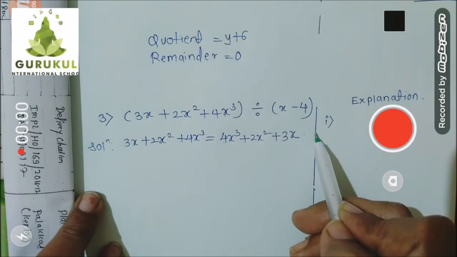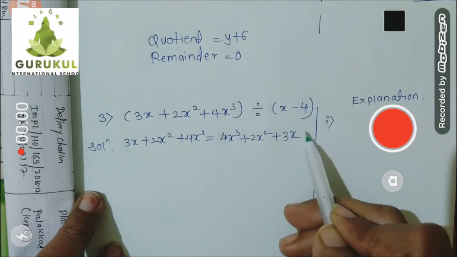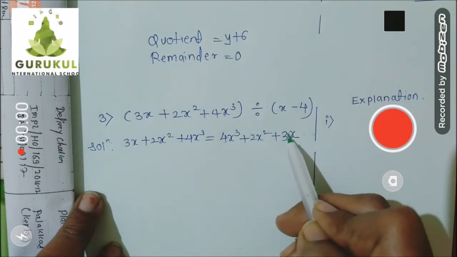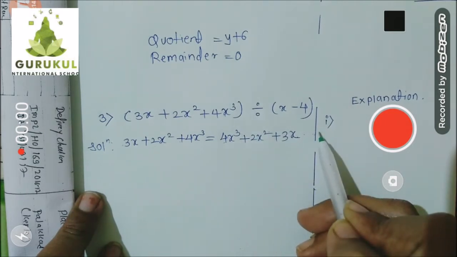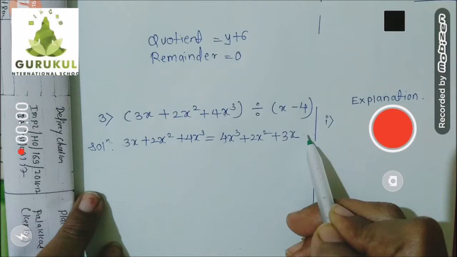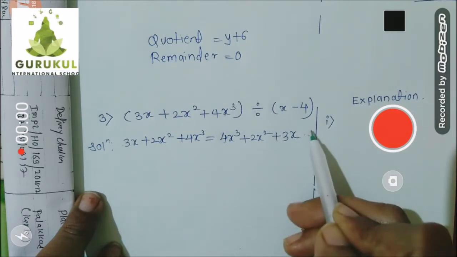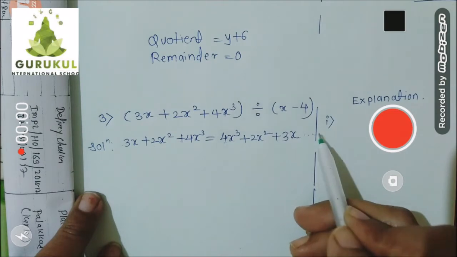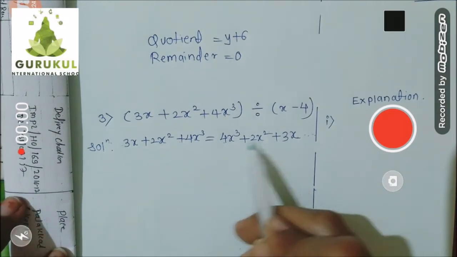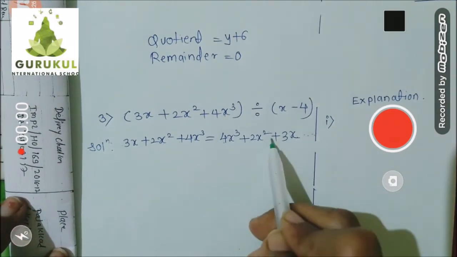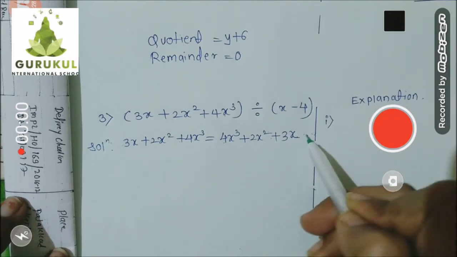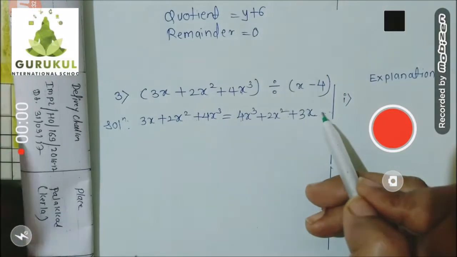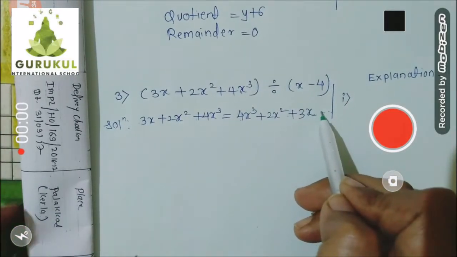Understood? But does anyone want to add the last constant number? Because your constant term is missing. x raised to 3, x raised to 2, x raised to 1, then x raised to 0. It means a constant number we have to add. That you can add, plus 0. But it is completely your choice whether you add it or not, because it's the last term. If in between any term is missing, it is mandatory to add it. But if the last constant term is missing, it's up to you. You can add it. If you don't add, then too it is okay.